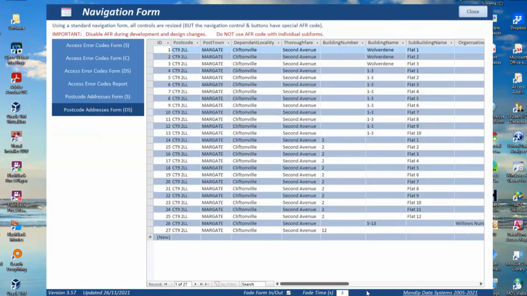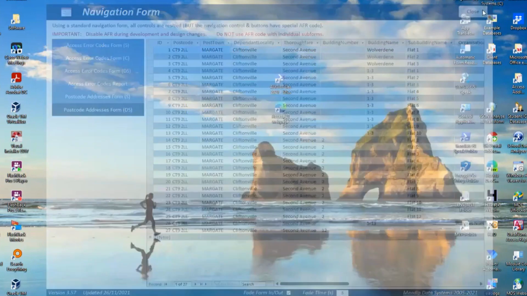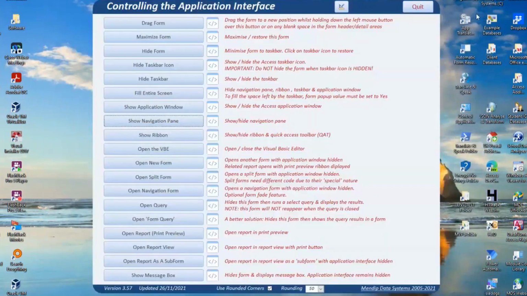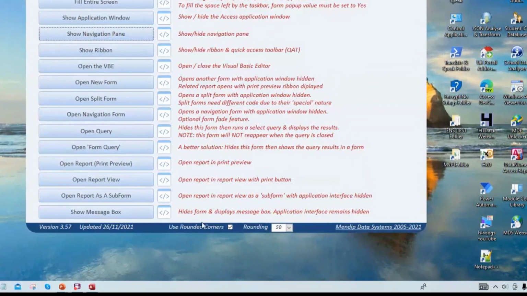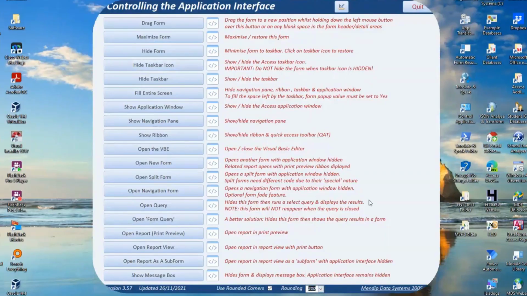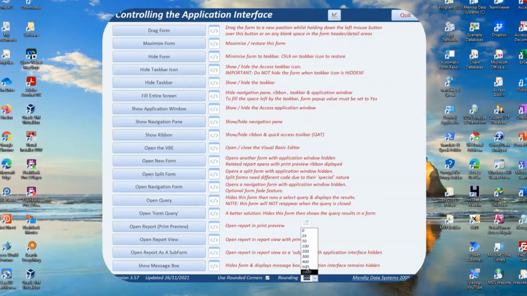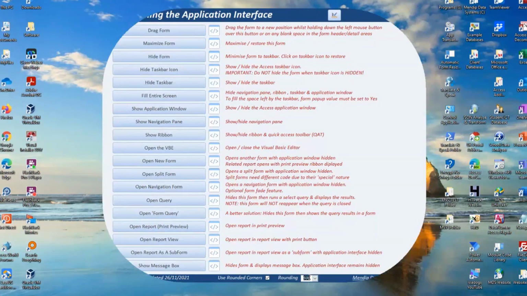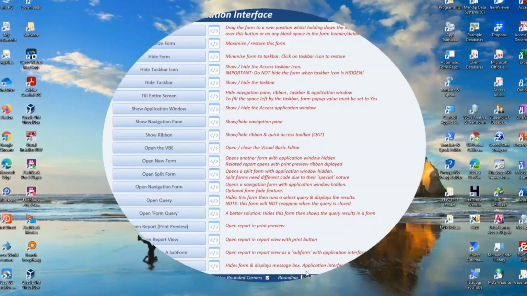I've got a fade effect on this form here, just for interest. It's fixed at 5 seconds. When I close that, it fades out and the other one comes back in again, if that rocks your boat. Oh, and while I'm doing strange things here, I mentioned rounding earlier on. Let's just turn that off for a second. Standard form, let's increase it to a rather large amount, and let's take it to a ridiculous extreme where I've got a near circle in the form. I'm sure there's a use for that.